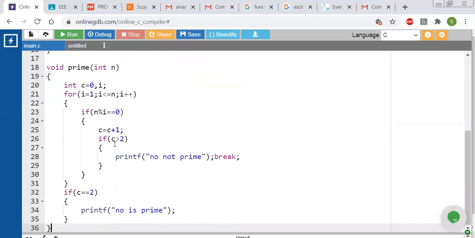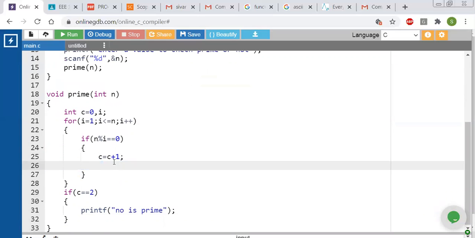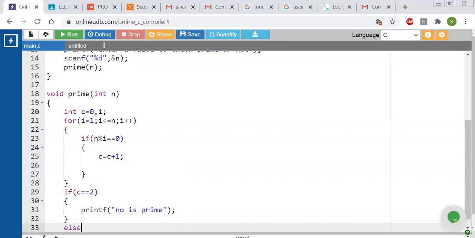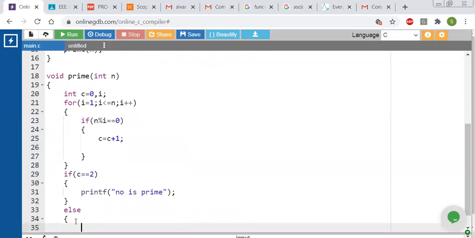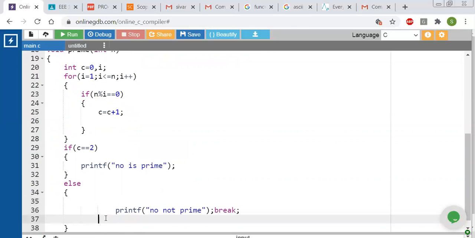Suppose you don't want to place this one here, then what we can do is I will remove this one. This is just used to count the number of factors. Now we can write an else case here. I think it is very easy for us.